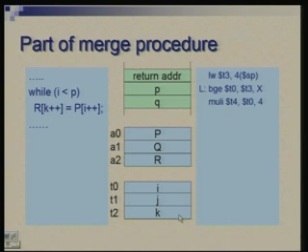So, I need to prepare the indices for arrays R and P. So, first I take T0, which is I, multiplied by 4, and add to it the starting address of array P, which is available in A0. Okay. So, we have done this kind of stuff. So, I will just go through this and you should be able to follow quickly. So, now after these two steps, multiplication and addition, T4 has the address of Pi, okay, and we can bring one word from Pi into a register T6.